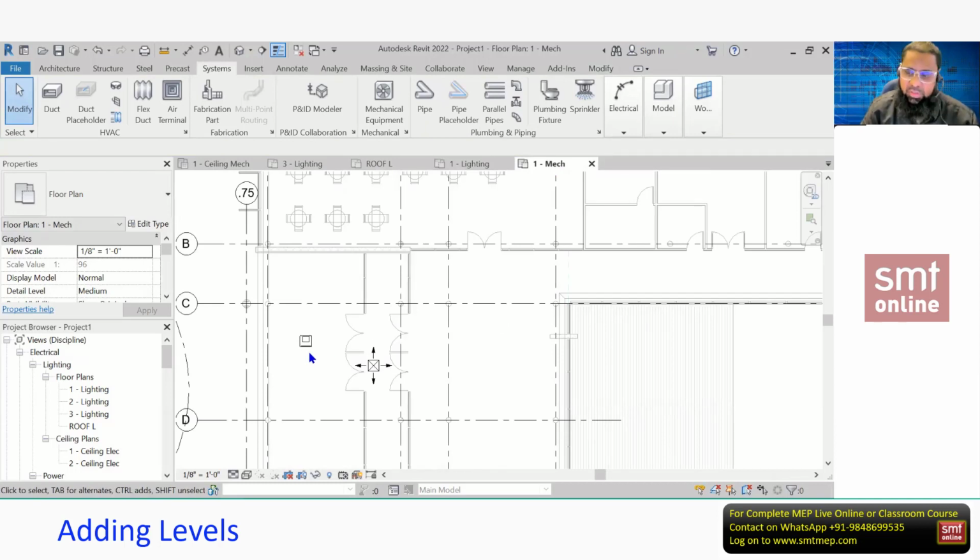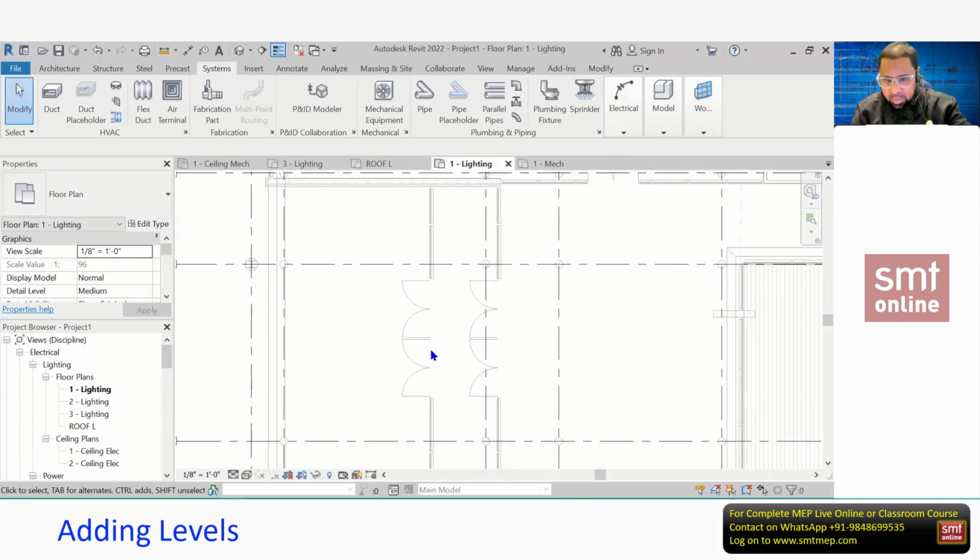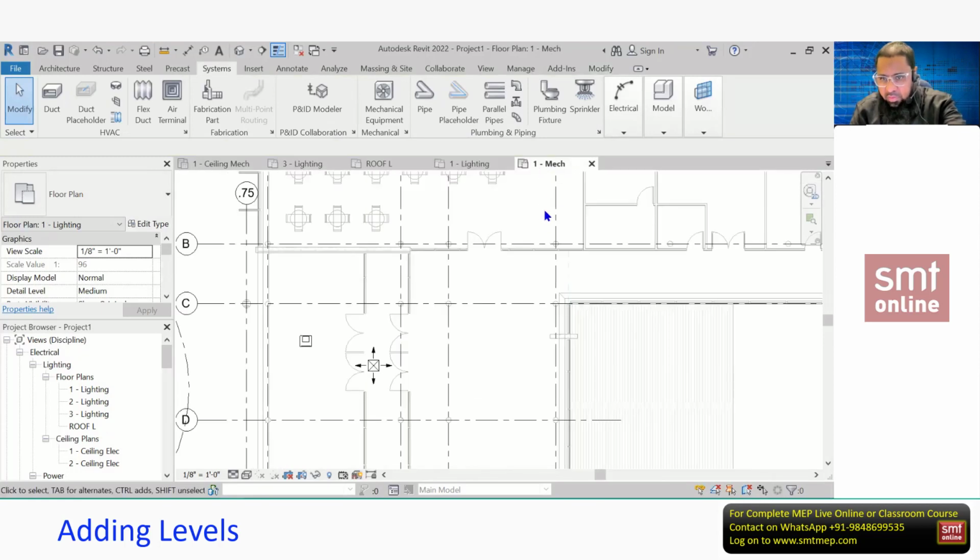So remember the VG, I'm just giving the preview for VG because this VG is very, very important. We have a detailed topic for this. Again, I'm reminding you, this VG is limited to the current view. When I apply the VG for lighting, it will be applicable only for this view. It will not apply for this view. Okay. So I think you're getting the concept. At present, initially, I'm just trying to give the concept.